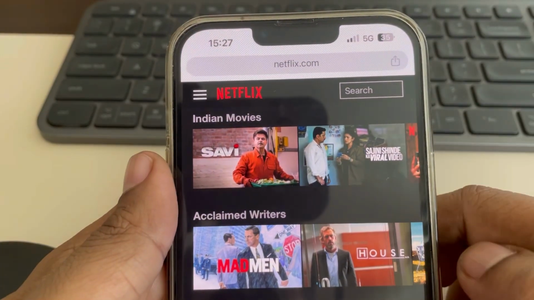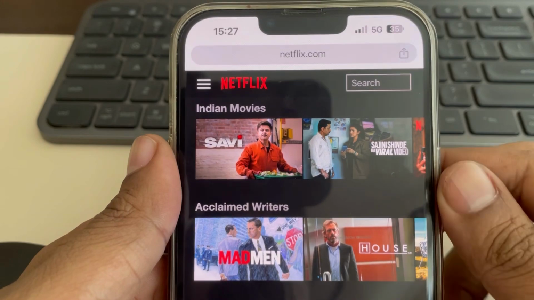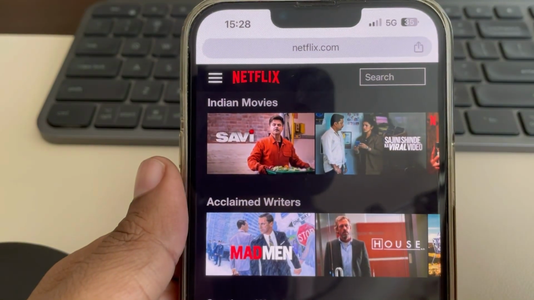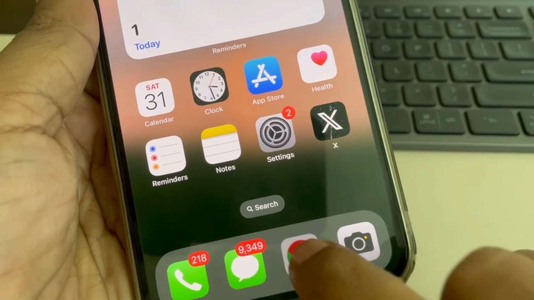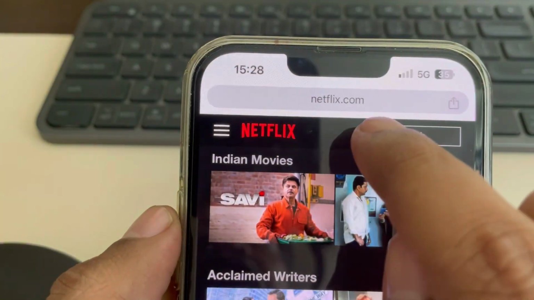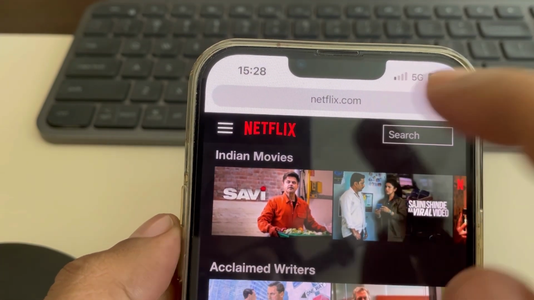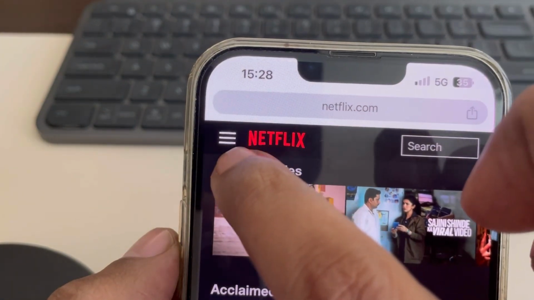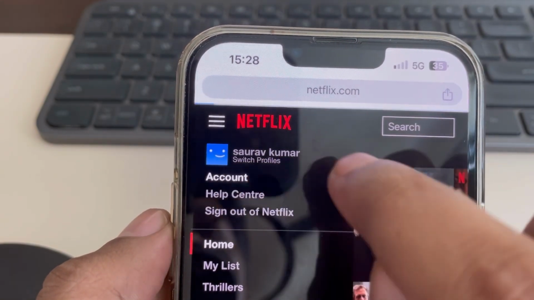Hi guys, let's see how to restrict your child to view Netflix Kids only and set up parental controls on Netflix. So for that, open any browser on your computer or on your phone and go to netflix.com, and now log into this netflix.com. Now once you have logged in, tap on these three horizontal lines and tap on account,